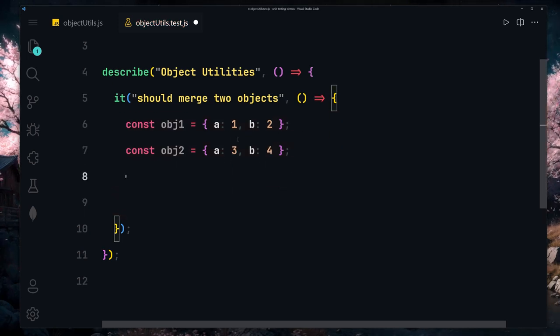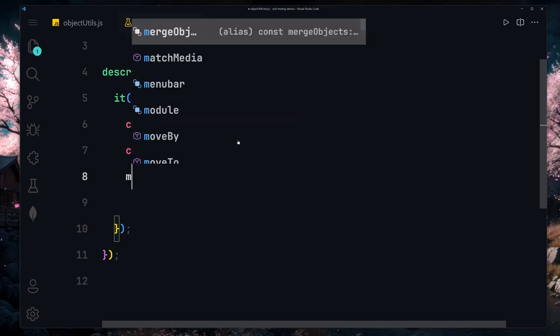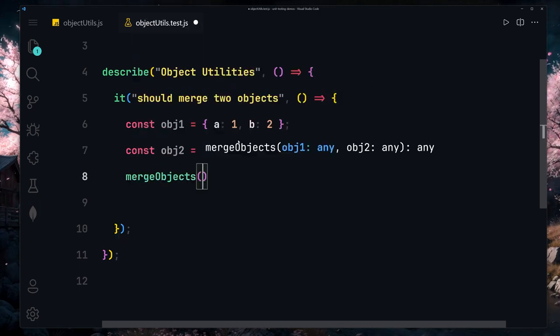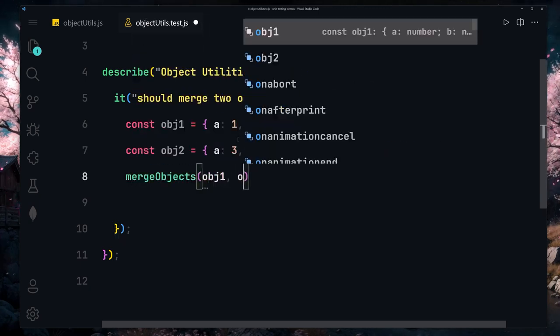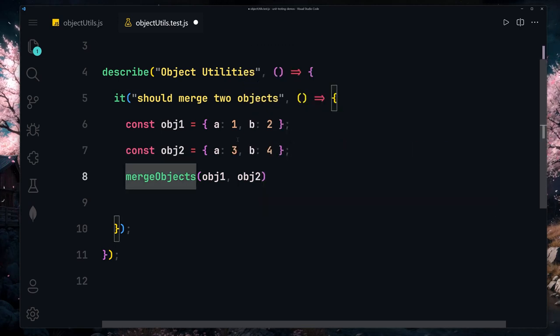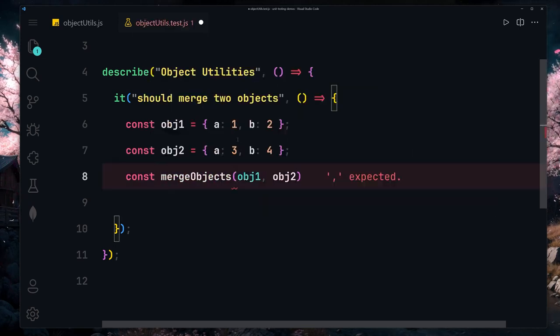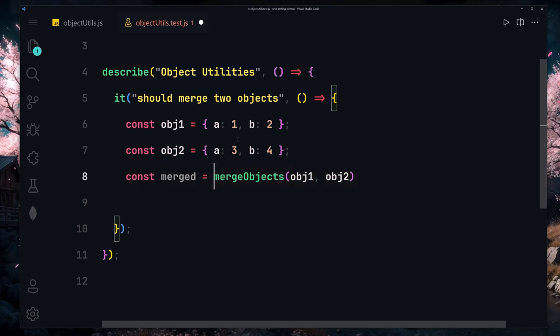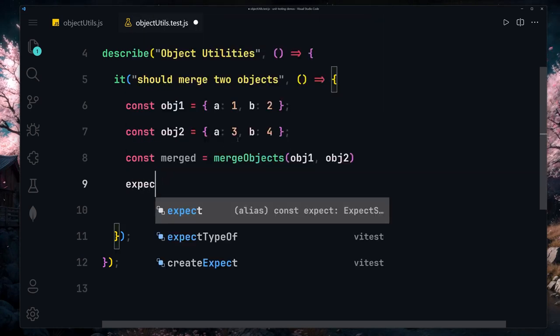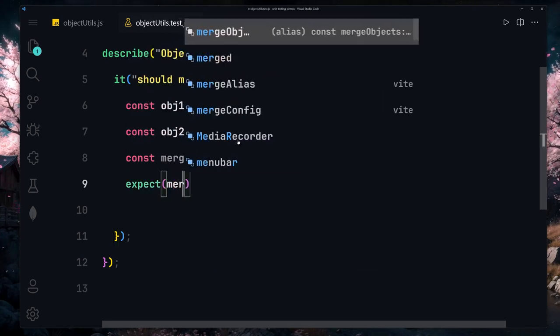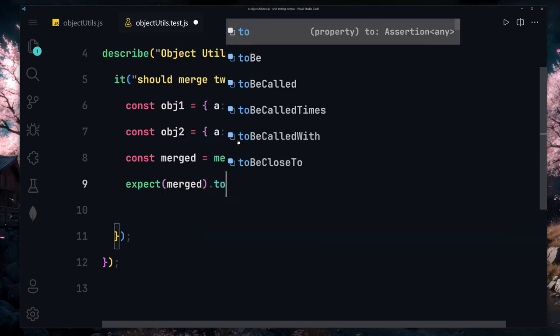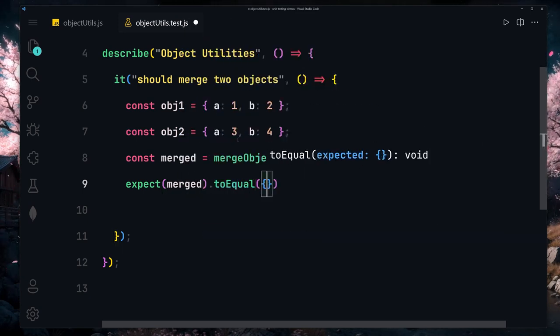Now you want to merge there. So for there we are going to be using our mergeObjects function, and we are going to be passing our obj1 and obj2 inside there. And now let's just store it inside some sort of a variable with the name of merged. It's going to be equal to this value. Now let's just provide our expectation. So you want to expect the merged to be equal to this object,